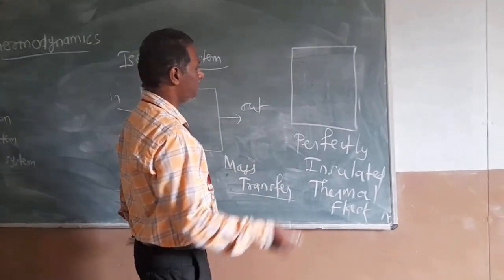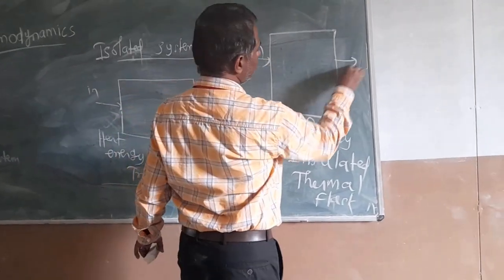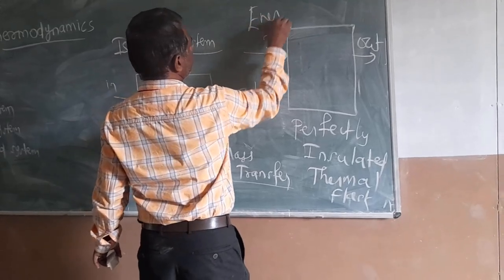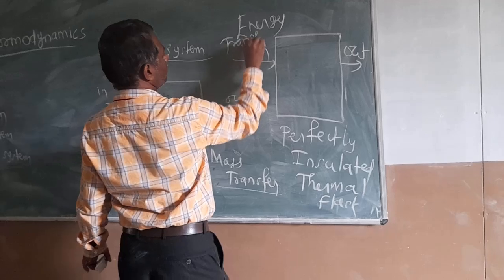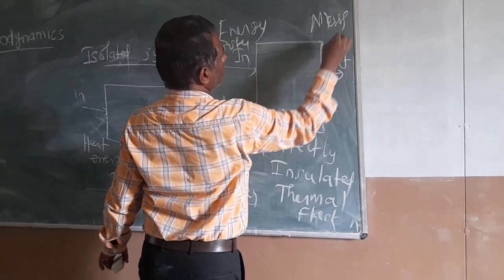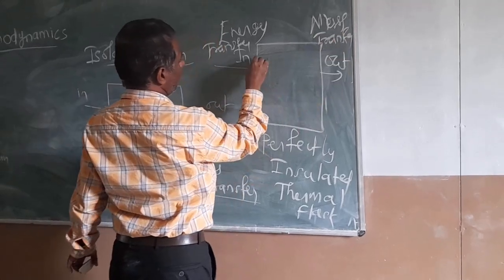That's called the thermodynamic isolated system. So here, inside is this and outside is the surroundings of the system. There is energy transfer as well as mass transfer, take these two things. Now I just